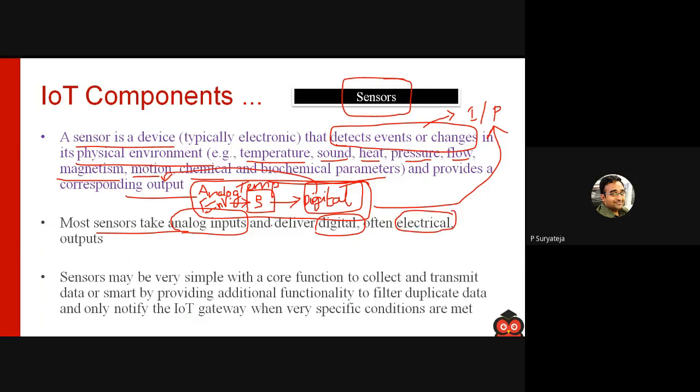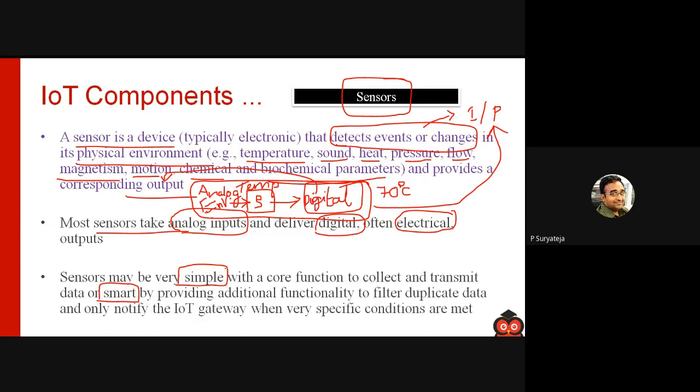Like in the example I have shown you, this temperature sensor is taking analog temperature as input and giving it in the format of a digital value, like 70, 71, like that, 70 degrees centigrade. And sensors can be either simple or they can be smart.